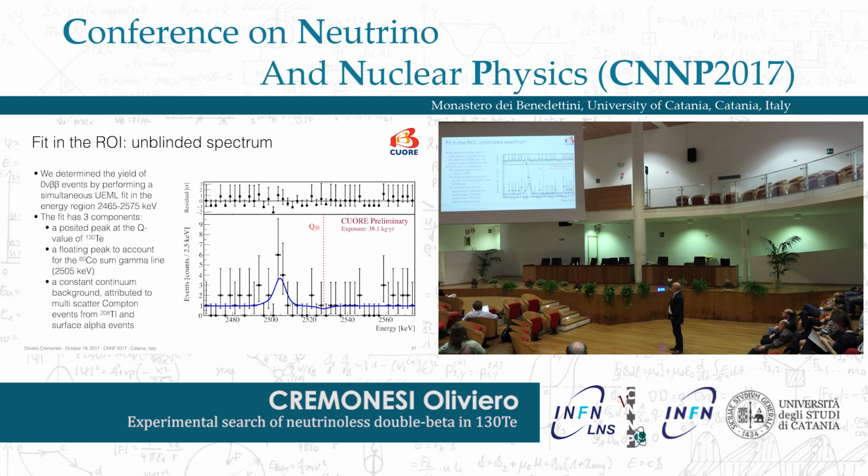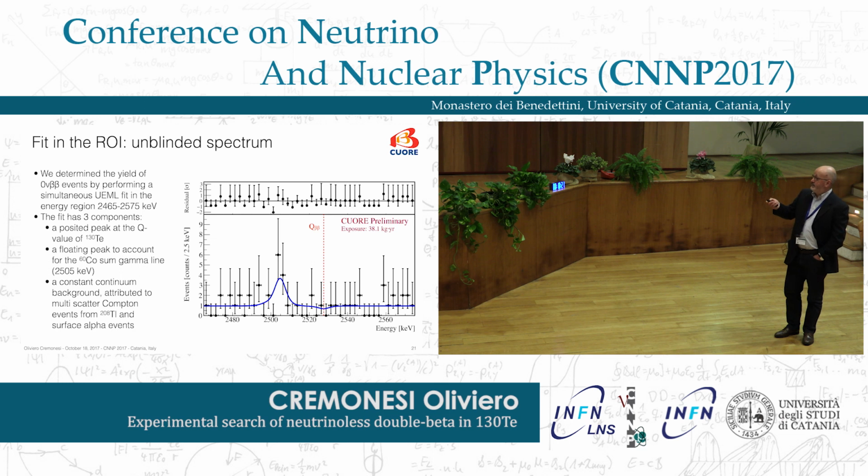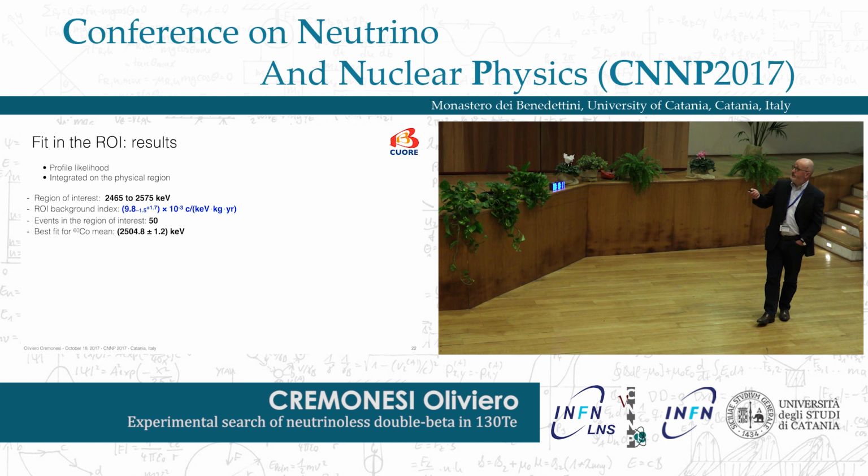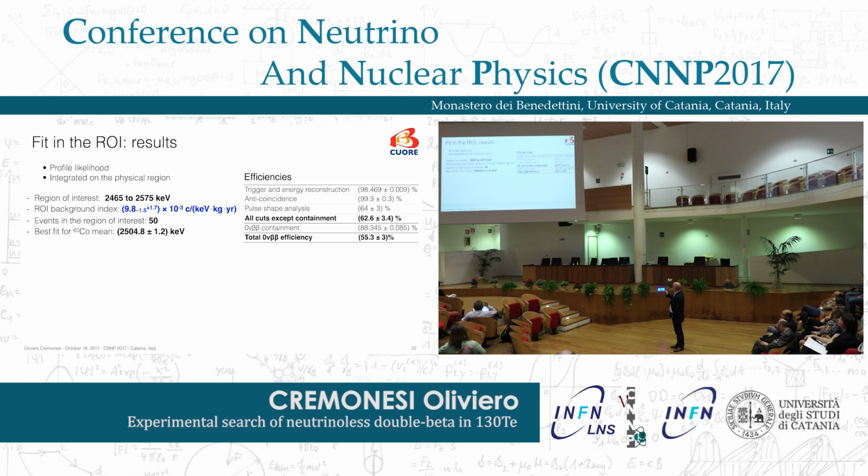This is our data shown at TAU, so I will go very quickly on this. This is the ROI after the unblinding, and this is the transition energy. The best fit is negative, and this goes to results which can be summarized in this way. And a background index which is of the order of 10 to the minus 2, but it has to be combined with a 62% efficiency. Now we have worked also on this, and the efficiency is now larger. This was mainly related to the efficiency cut that we decided to adopt for this initial data taking.